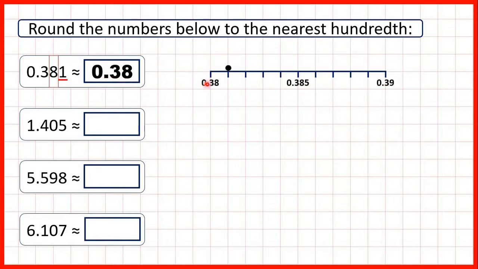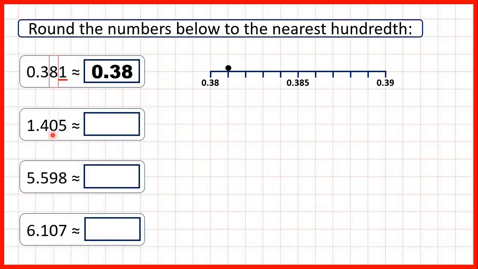We can show 0.381 on a number line. We can see that it's between the hundredths 0.38 and 0.39, but because it's closer to 0.38, because each of these squares is 1,000th, we round down. Now we have